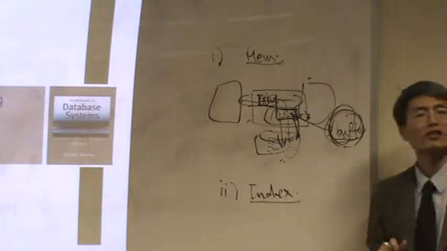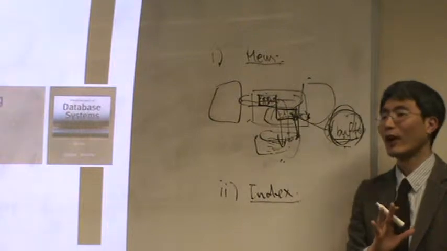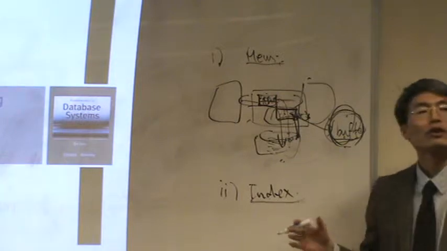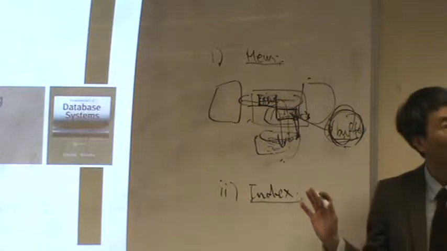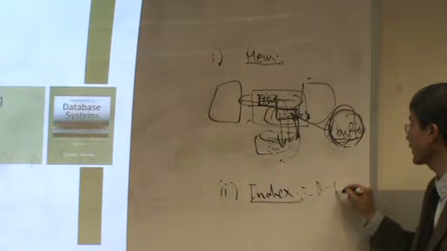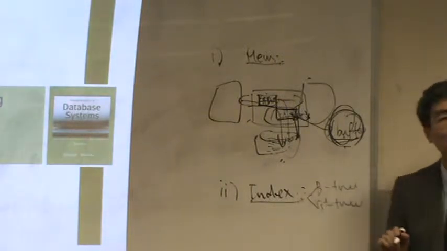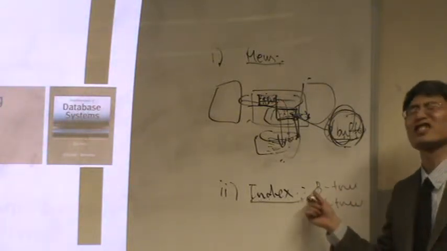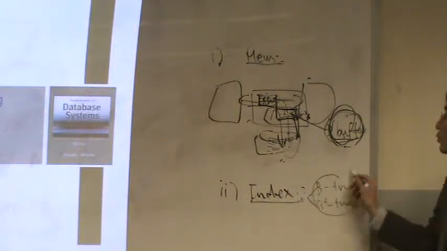So, what is an index? It's a data structure. What kind of data structure? It's a sorted data structure to speed up retrieving the data. There are a bunch of different indexing structures, but in databases we mostly use the B-tree index or B-plus tree index. When we say B-tree or B-plus tree, this is not a binary tree. It's a balanced tree. We will learn about this tree structure.